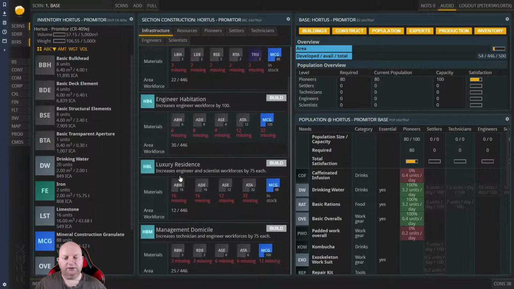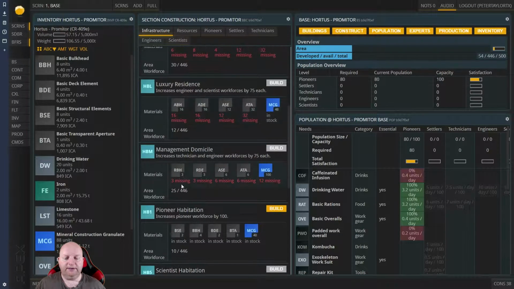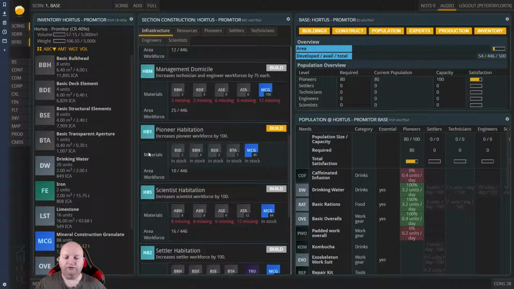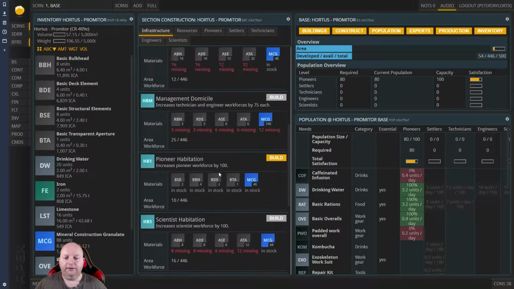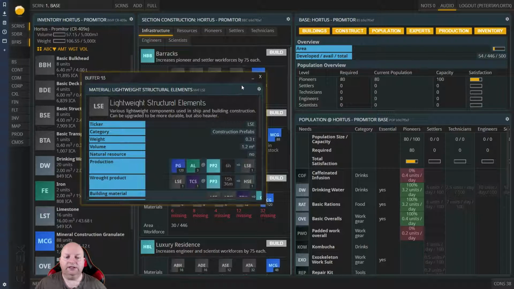So if we were to build a pioneer hub, we could build another one straight away now. We could build one right now. Get 100 pioneers. And I'm seriously thinking about just building it now, having the 100 pioneer capacity, and when we need to upgrade something else we can do. But we could also wait and go for the barracks and get 75 of each. So it would be worth more, but we need to get the LTA and LSE,